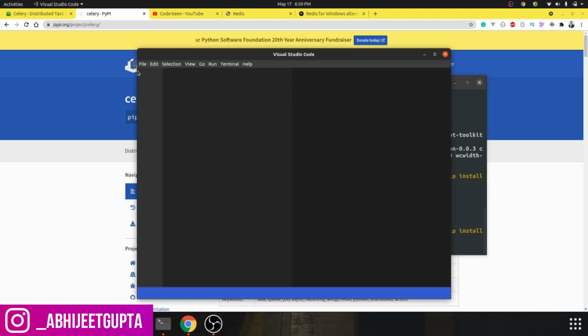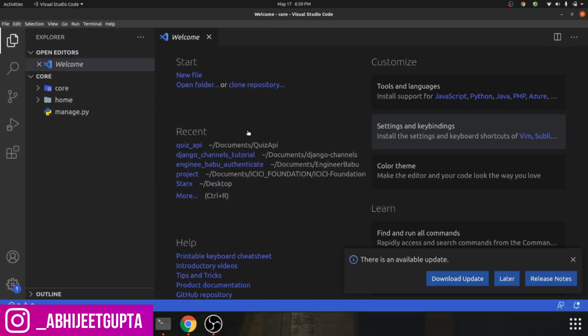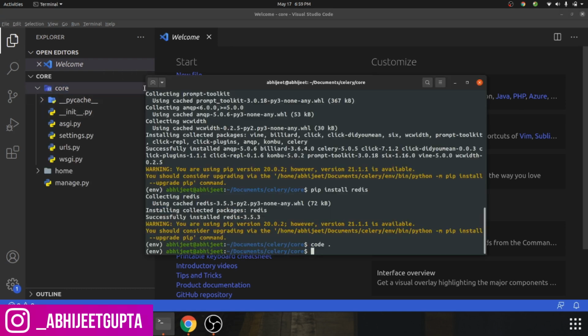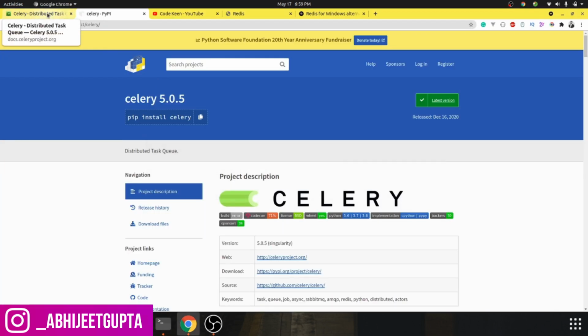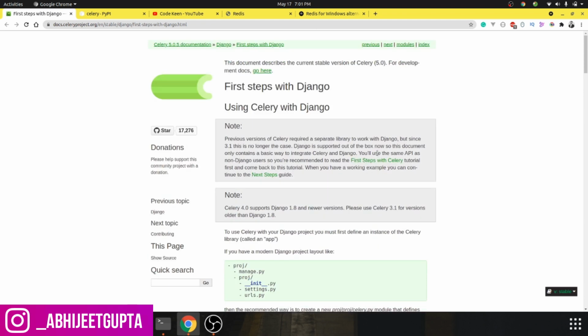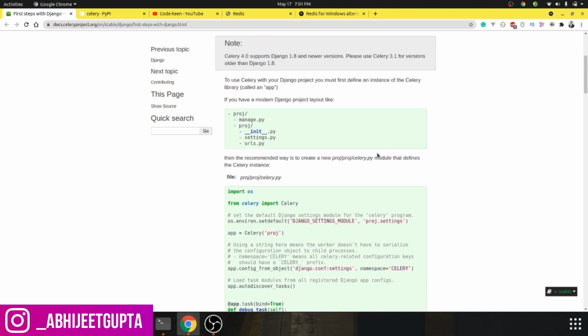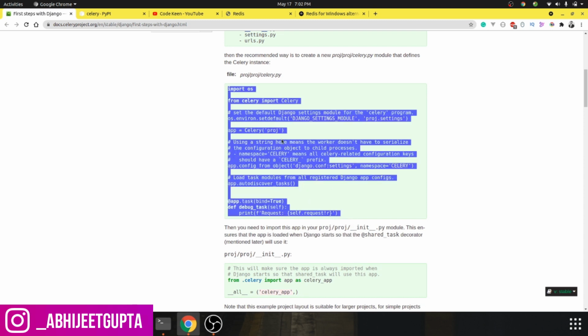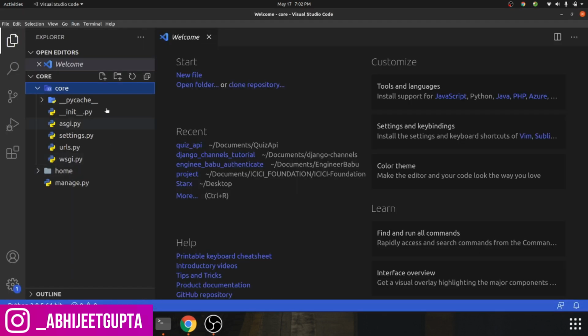Let's move to the project. First of all, in the core application, let's go to the documentation. Now we are in the official documentation of Celery, and we have installed Celery and Redis. Now we have to copy and paste the code into __init__.py, and we need to create a file named celery.py at the project level.